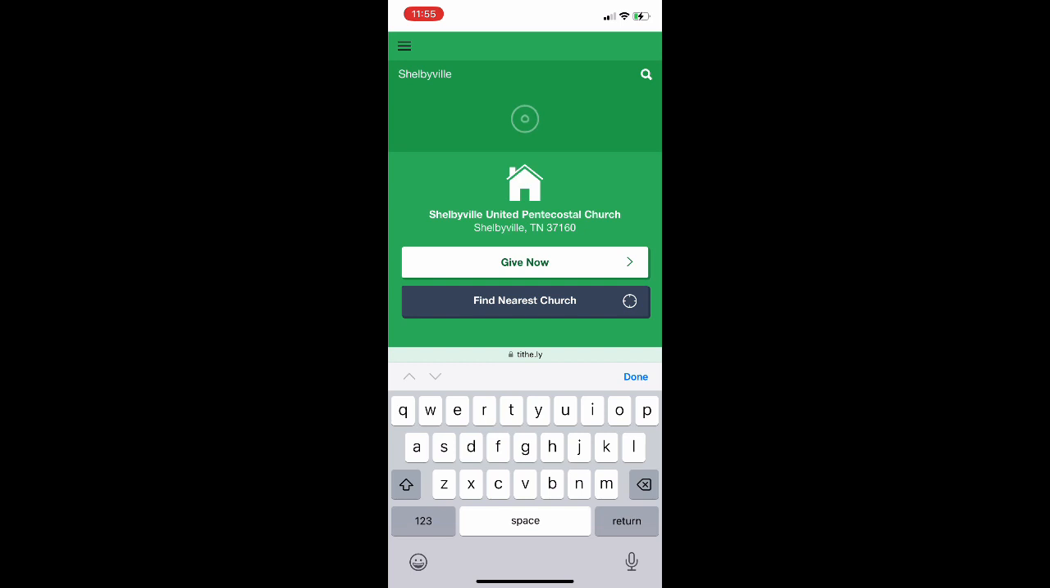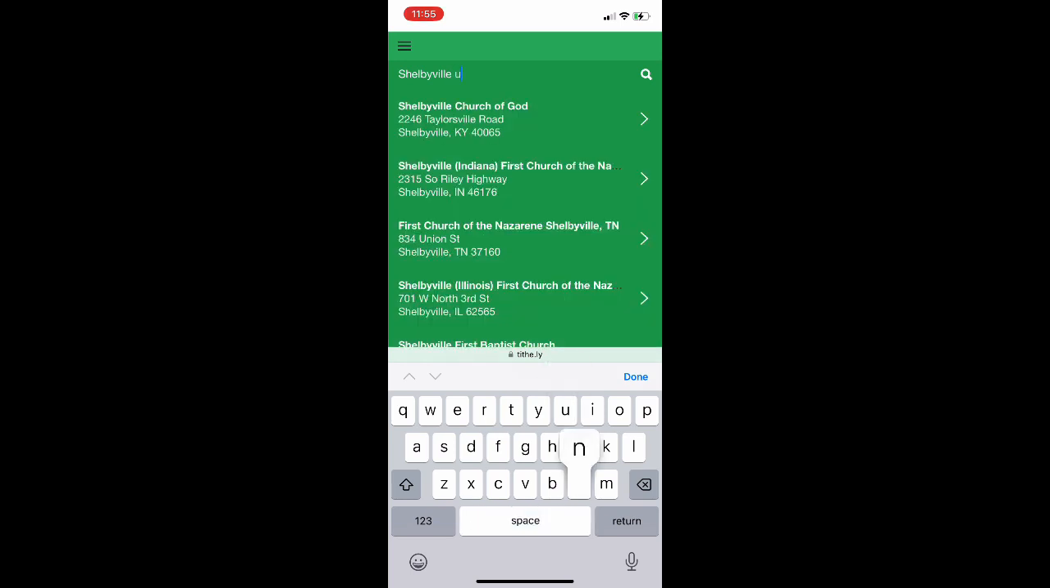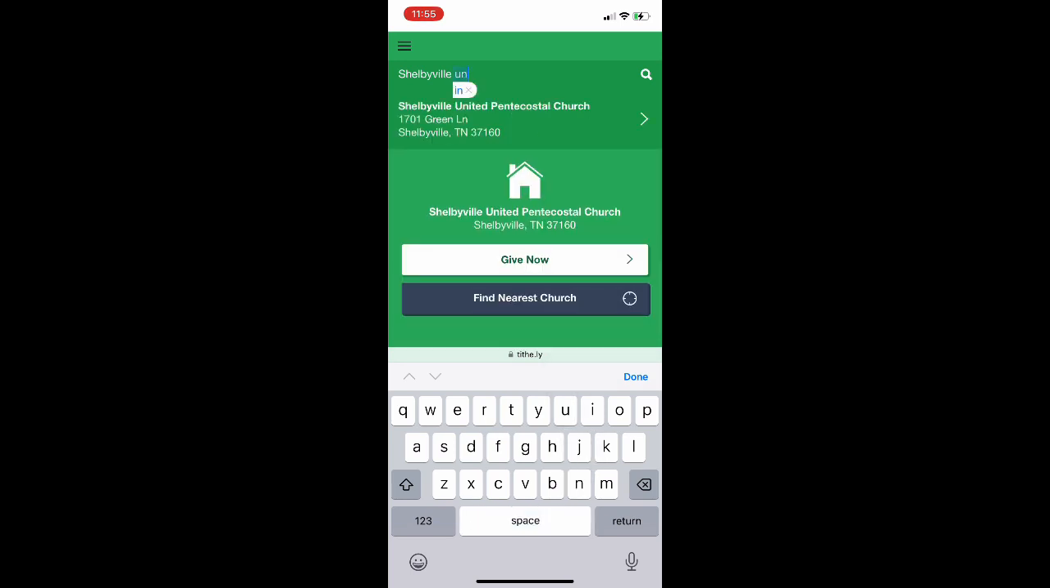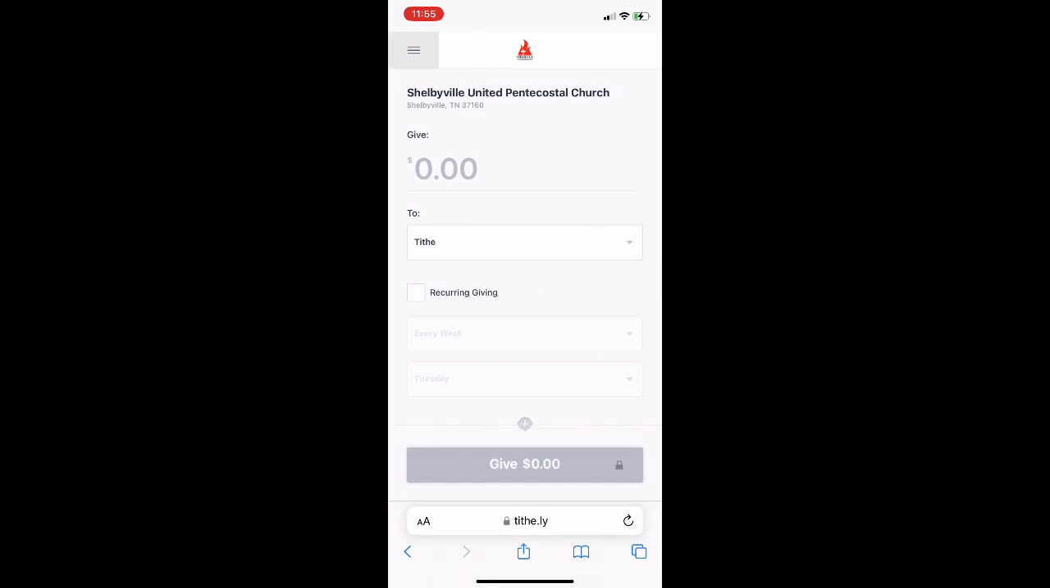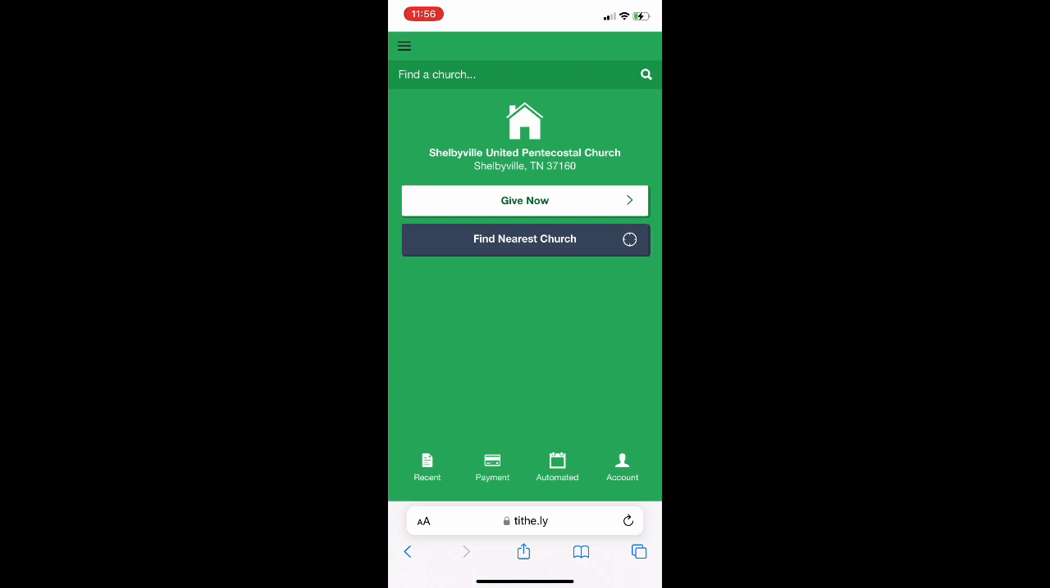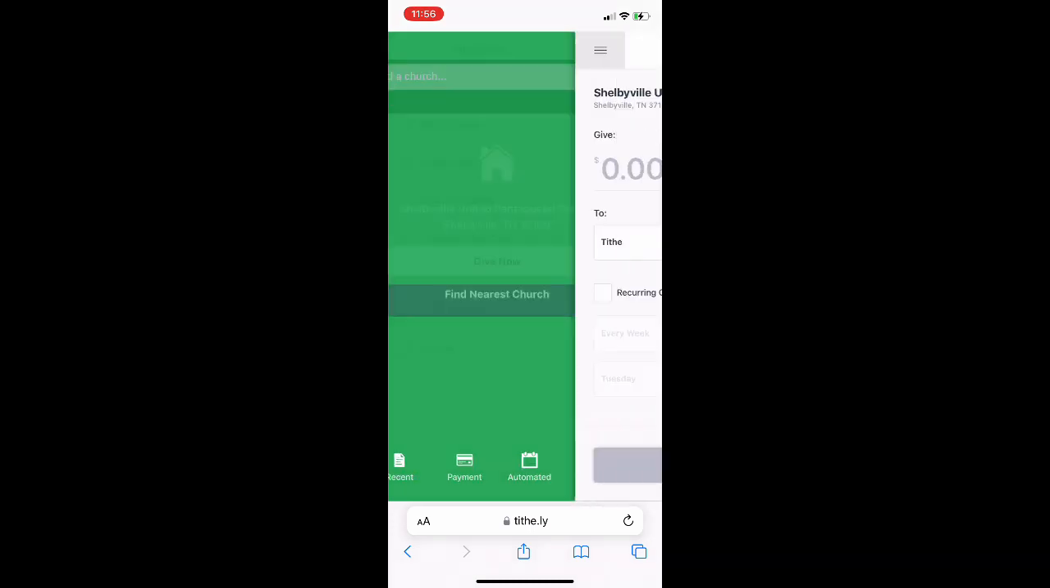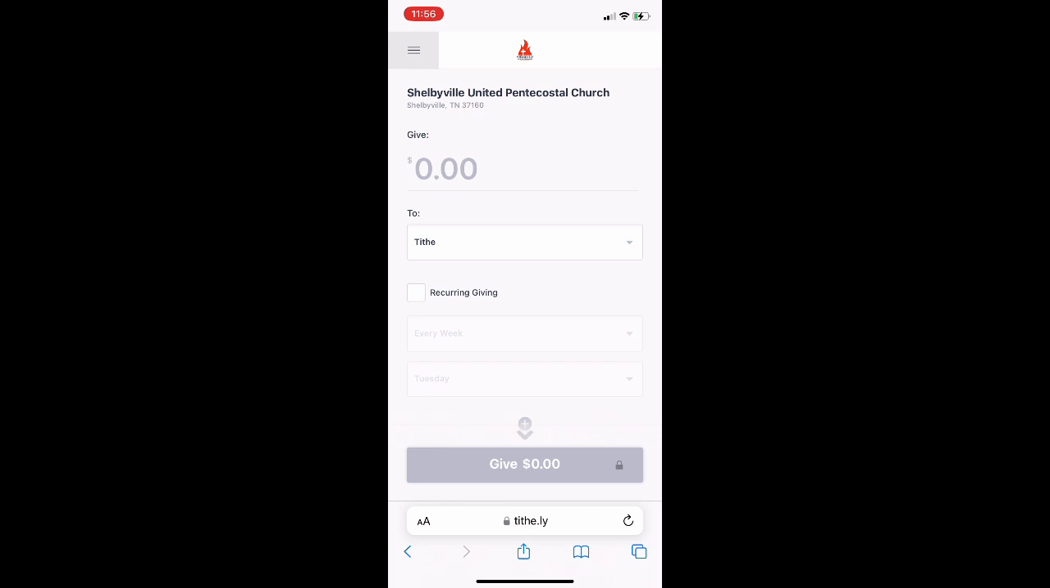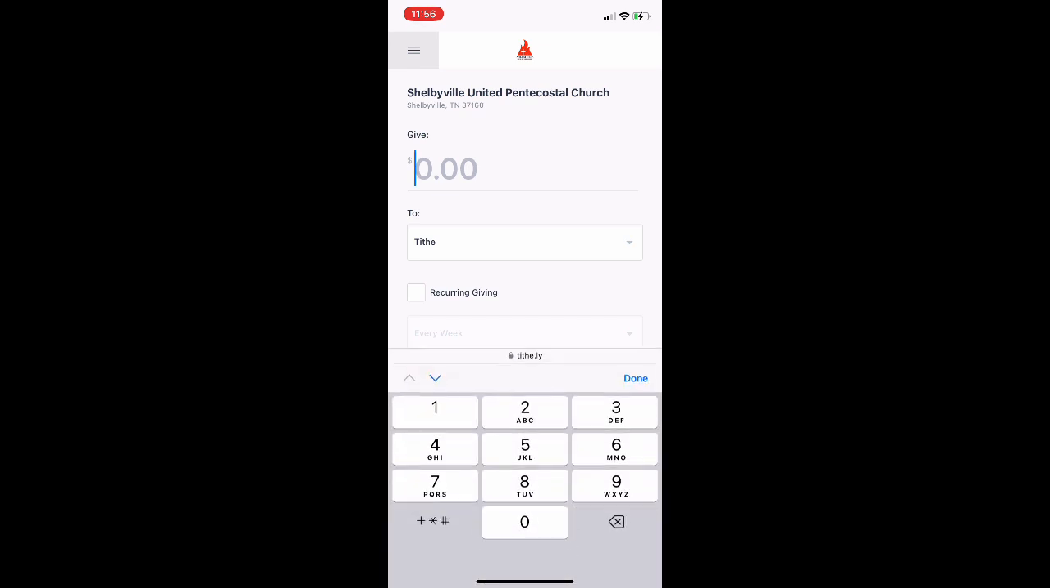Now, if you have your locator device on, sometimes it may pick the nearest church located to you at the time you want to give. So make sure when you go to give, you have Shelbyville United Pentecostal Church at the top right there and our church logo. If you do not see our logo or our name there, then go back, hit the home section, type in the church, look for it, and then once you see Shelbyville United Pentecostal Church, hit Give Now, and it'll take you to where you can enter your amount and direct you to what areas you want to